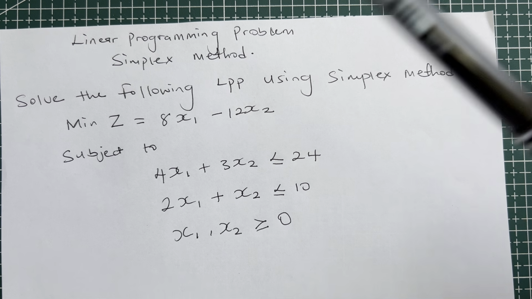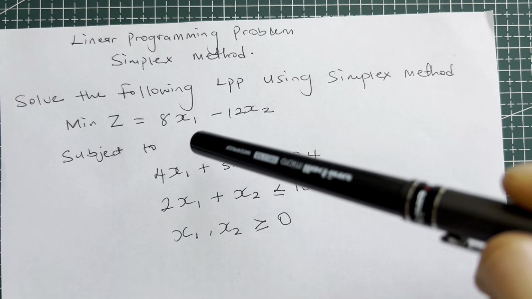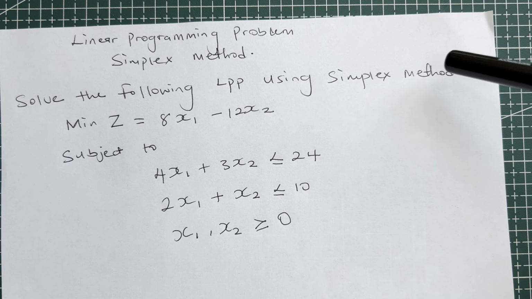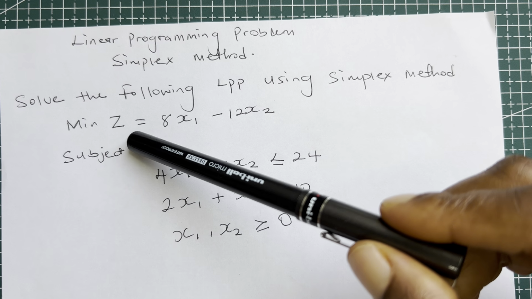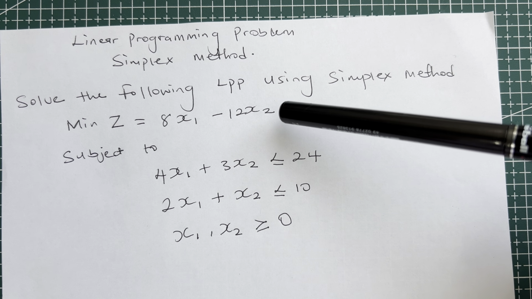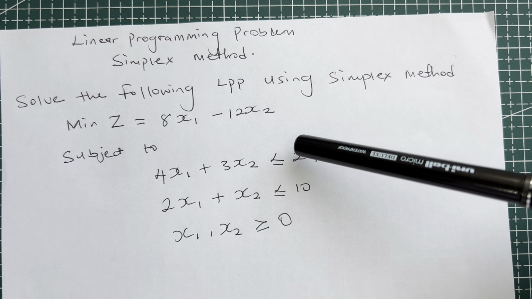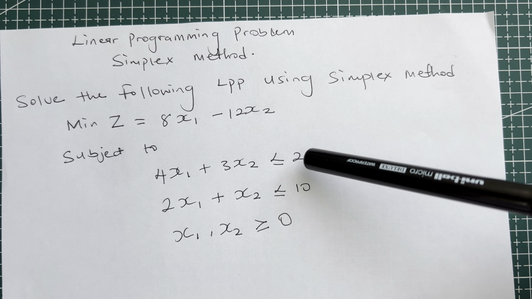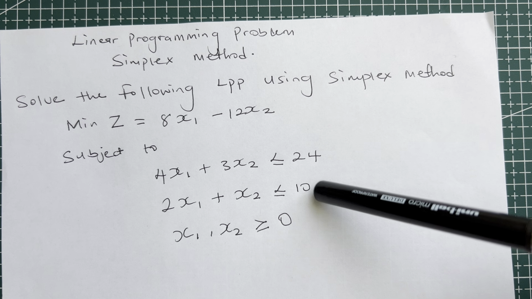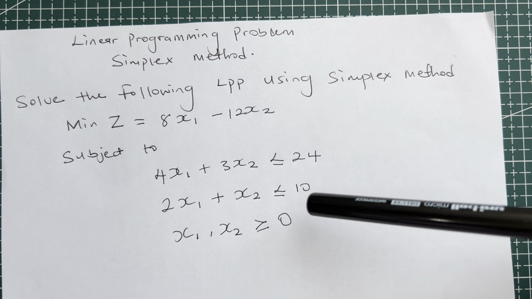Hi everyone, we'll be looking at a linear programming problem using the Simplex method. The question says solve the following linear programming problem using the Simplex method. We have minimize z equals 8x1 minus 12x2, subject to 4x1 plus 3x2 less than or equal to 24, 2x1 plus x2 less than or equal to 10, where x1 and x2 are greater than or equal to